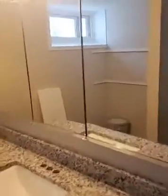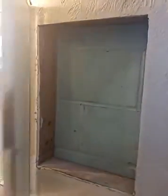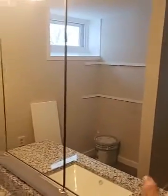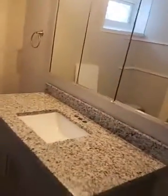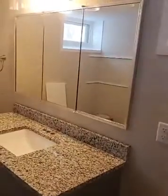I left the mirror that was here because it also just gave people more storage to be able to go in. The boxes aren't back in yet, but I didn't really want to switch that out. And so we just left that as it was. The mirror's not in bad shape. Probably not the most updated mirror, but again, it's also a basement bathroom and we have to think about that